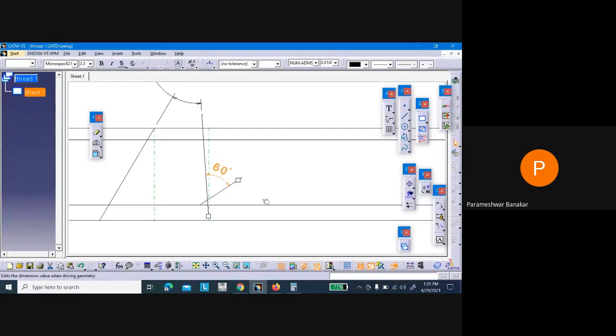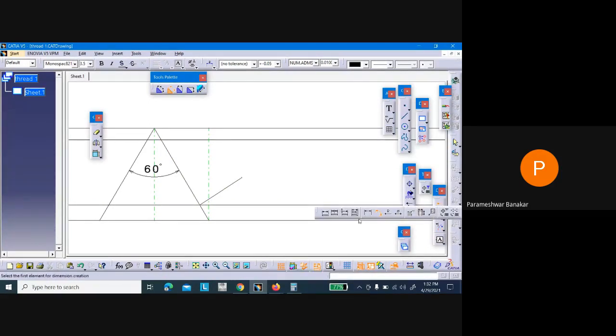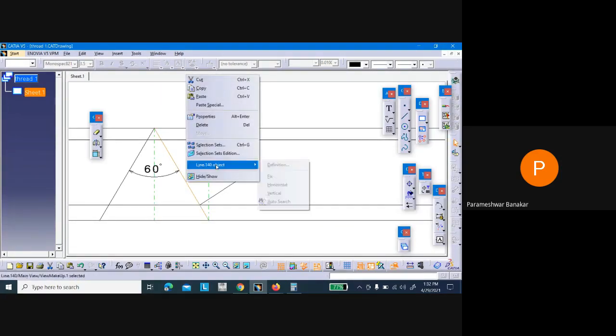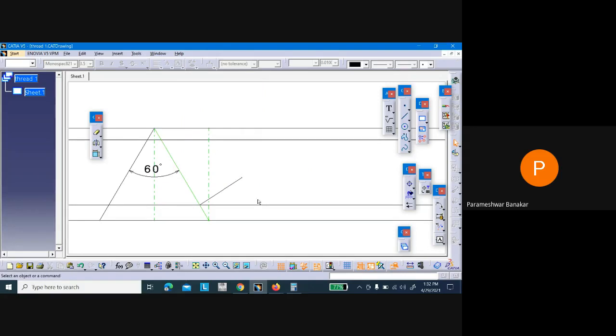Oh, it's taking away. Let's see. We'll not leave that until we get the proper answer. It has to come. Select this line. We'll fix this as well. We will not allow this line to move here and there. Fix this as well. Okay, now it's fixed.